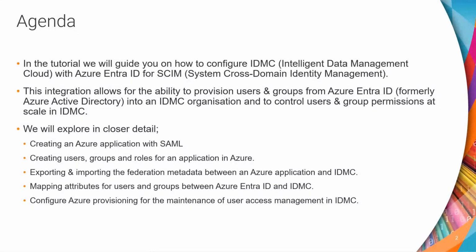As part of this, we will explore how to create an Azure application with SAML. We'll go through the steps on how to create a couple of users and groups in Azure, and roles for an application in Azure, and how to assign those. We'll also look at exporting and importing the federation metadata between Azure and the SAML app and the IDMC SAML setup screen. We'll look at also a bit at mapping the relevant attributes that we need between IDMC and Azure